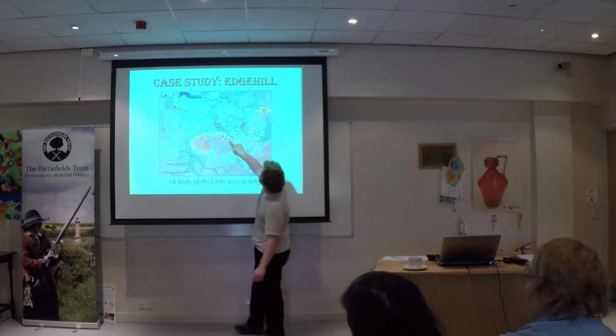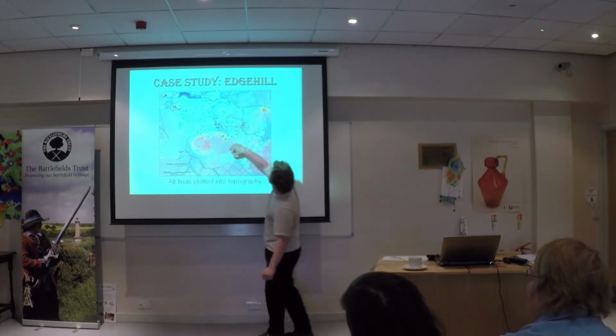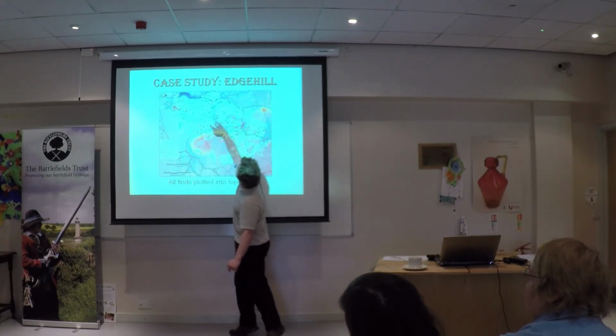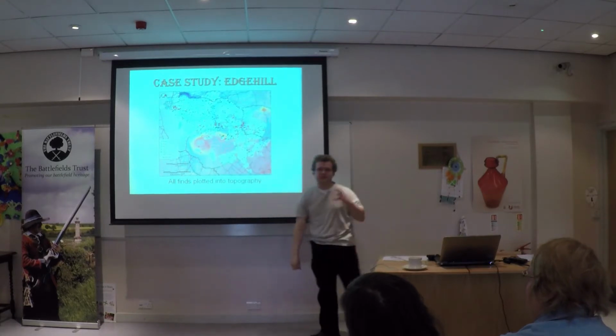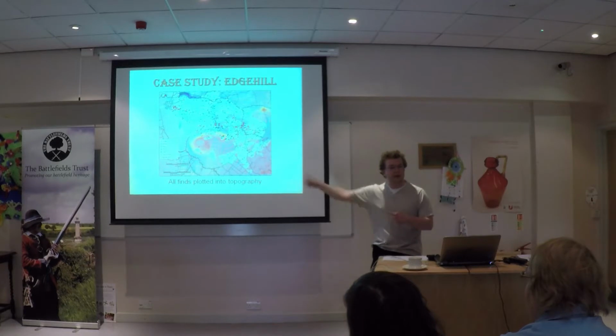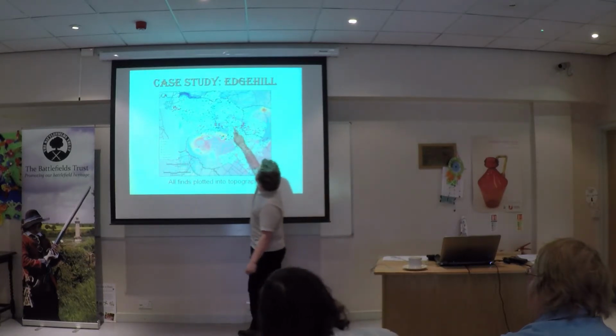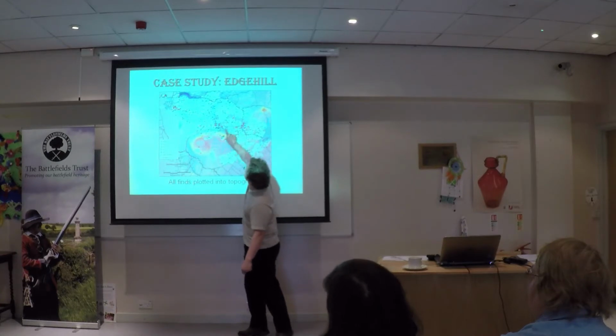And what starts to happen when you plot these together is you start to build a picture of the fighting. You've got concentrations of case shot down here, so we know this is artillery being fired, but the distribution patterns are in this direction. You've got musket balls coming out here and here. Now what tends to happen with musket balls when you fire them is not that they drop at the feet of the soldiers, they'll either hit them or they'll miss, and they'll pass behind. So what you've probably got there are lines of soldiers fighting in this configuration,